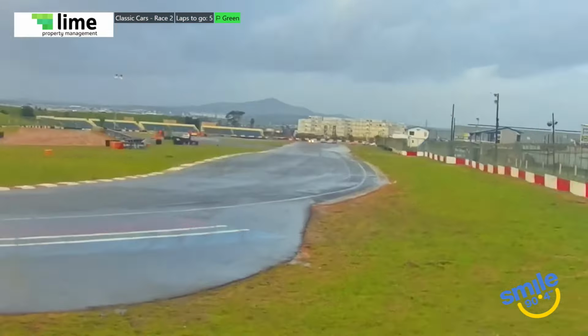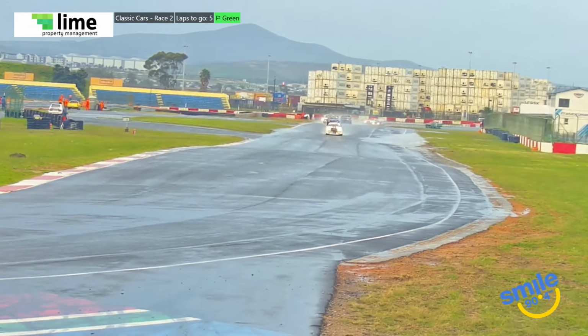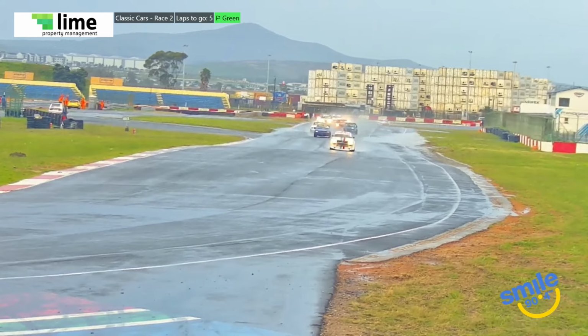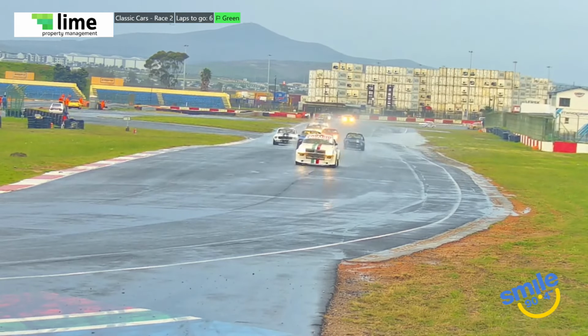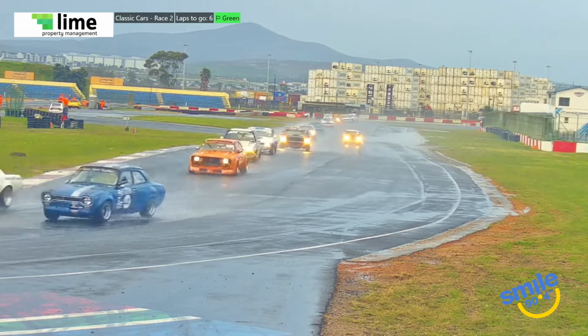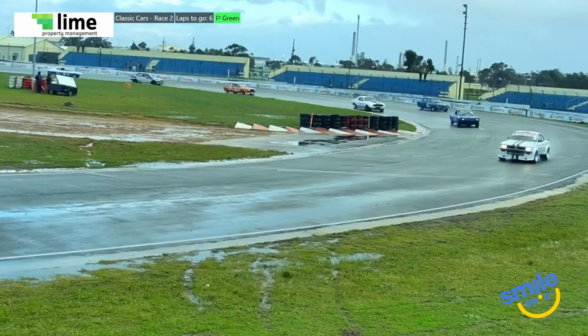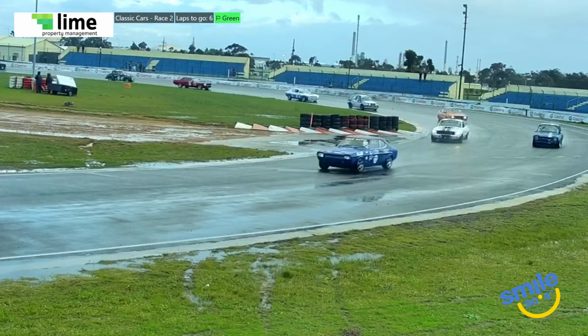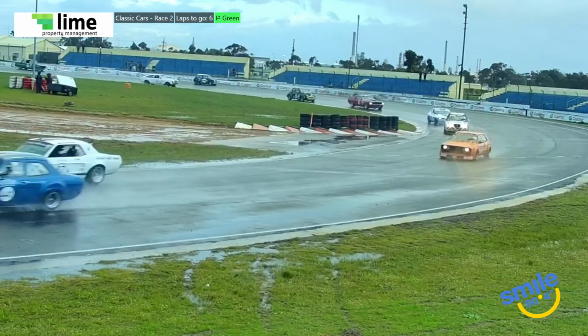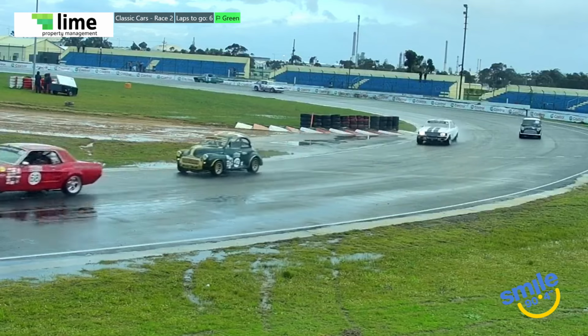They're onto the Joubert straight now, and they'll make their way towards Castrol Corner. Look at the advantage already that the little Chev is getting over everybody else. And it's got such big rear tires for that little car, like you say, and it can just put the power down even in conditions like this. But as we see that BMW 2002 spin around,